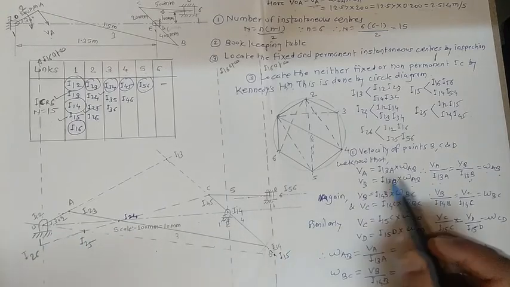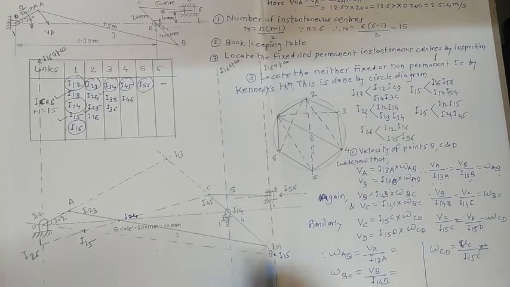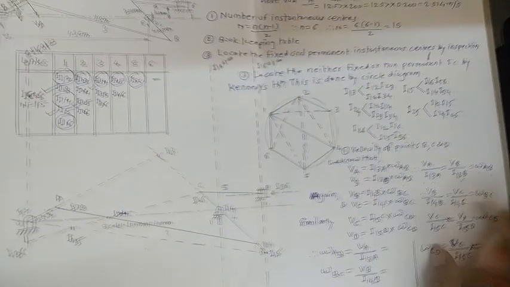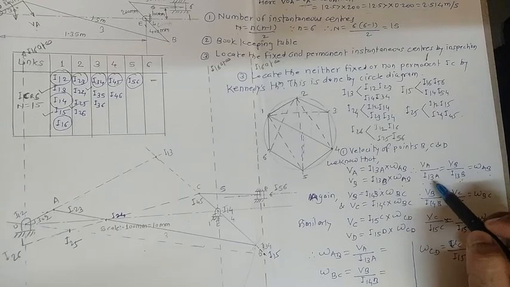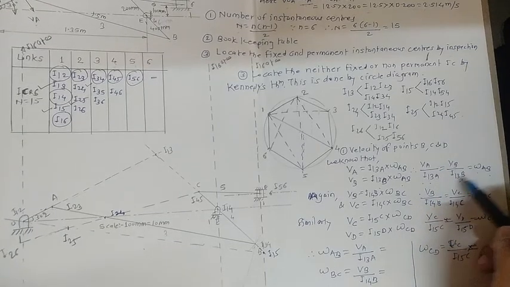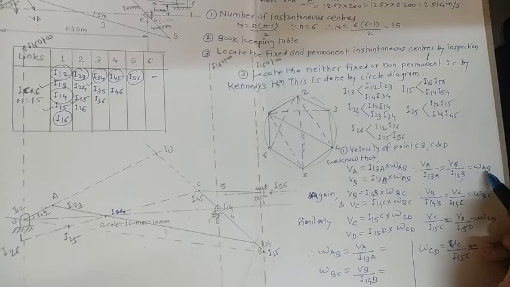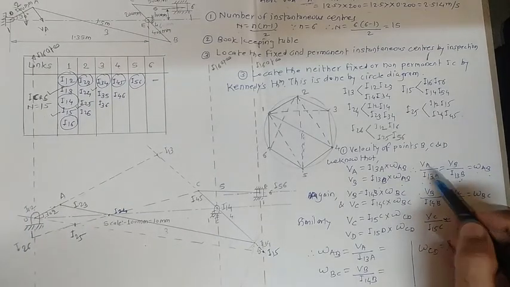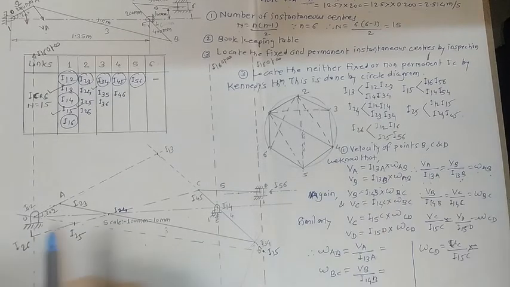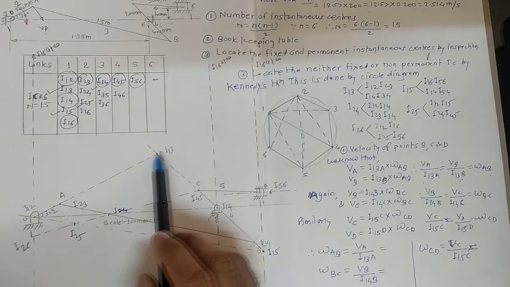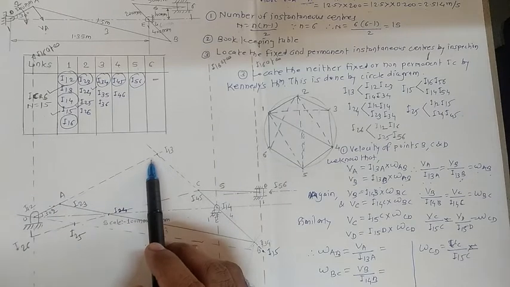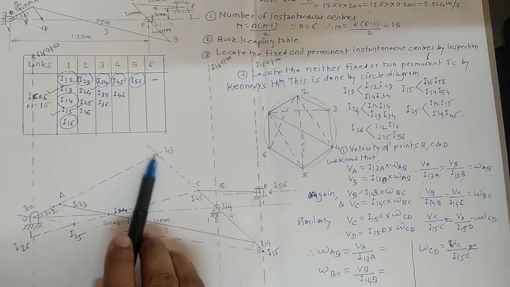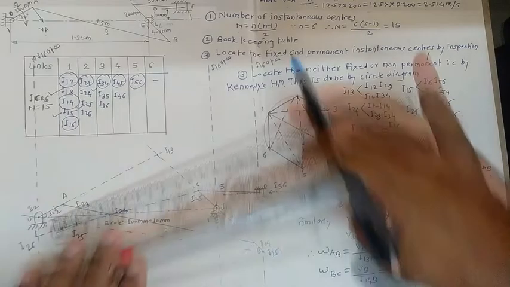At the same time, if we consider the end point of this link, we can write the relation in this way: VB equals 13B multiplied by omega AB. So we can develop this relation: VA divided by 13A equals VB divided by 13B equals omega AB. At this step, we know the value for VA. We know 13A. Measure this distance and convert it to true scale. Next, VB by 13B. 13B is here, so I can measure that.